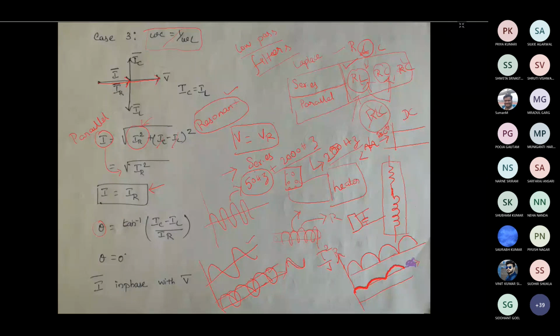Okay, how it works, that is a secondary thing. So the inductor will not allow sudden change in current, and the capacitor will not allow sudden change in voltage. In this instance there is sudden change in voltage from maximum value to zero value. So what we are going to do is design a capacitor that will not allow sudden change in voltage. The capacitor will start charging at this point.